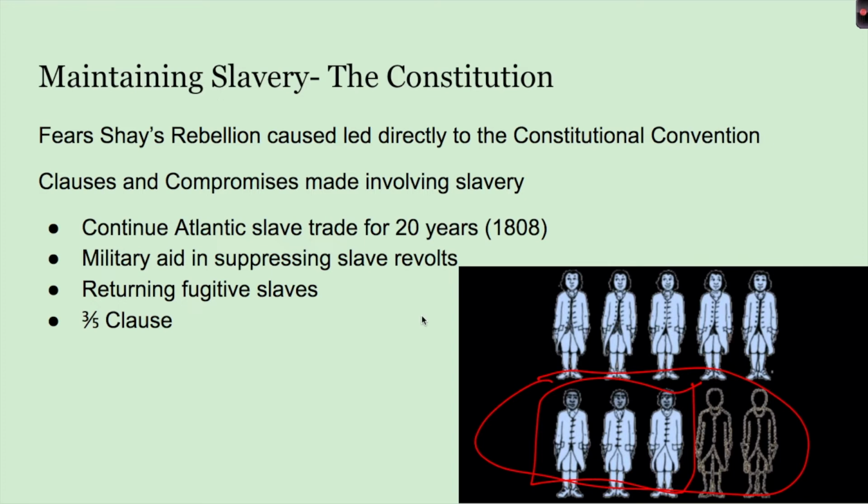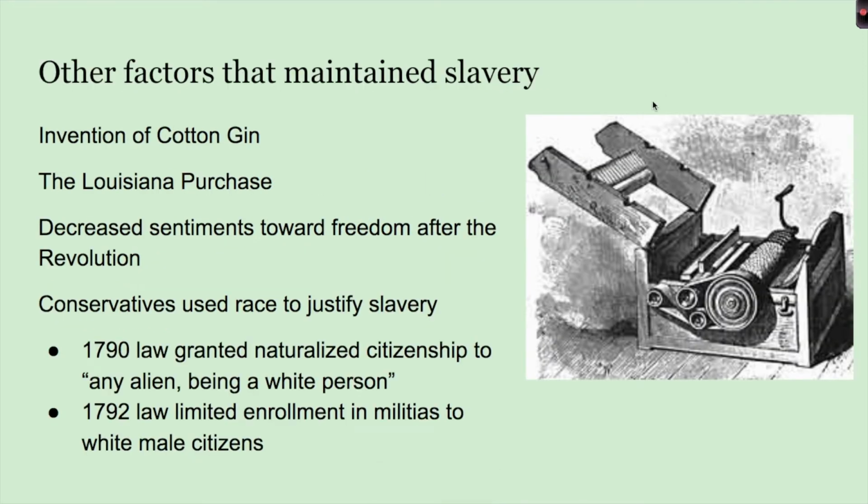But then when they wanted more representatives and more power in Congress, then they wanted the slaves to count as people. So now we're going to look at other factors that maintained slavery in this time. A big one is going to be the invention of the cotton gin in 1793 by Eli Whitney. It used a series of combs to clean the seeds out of the cotton. This tended to be a very laborious process, and this is going to lead to cotton production rising exponentially in